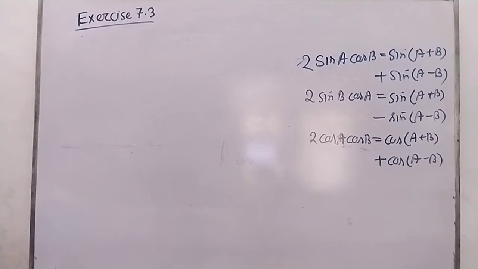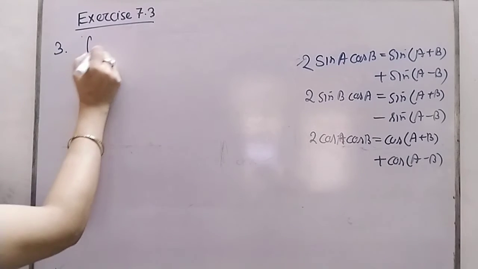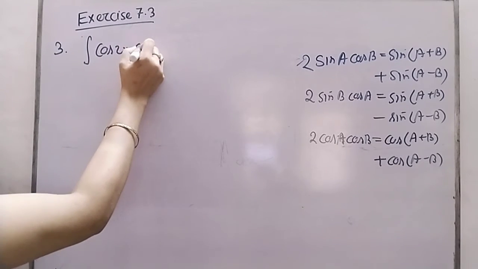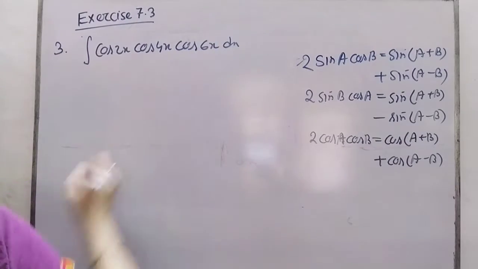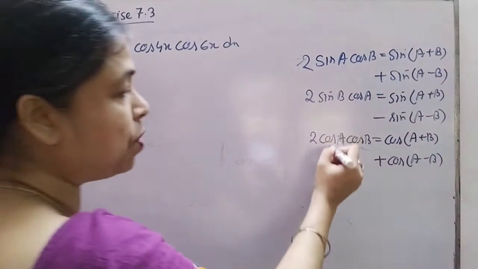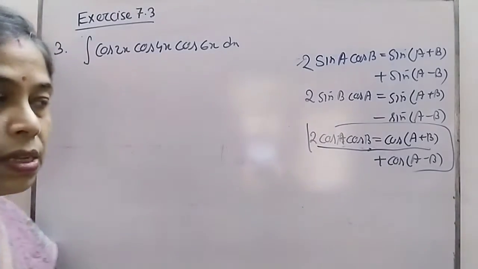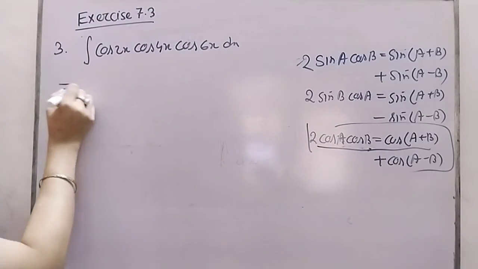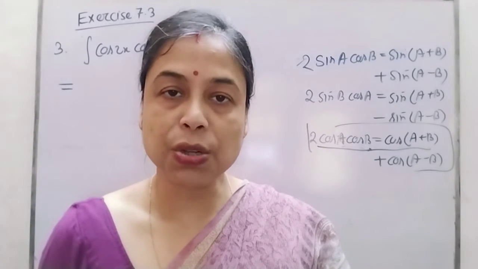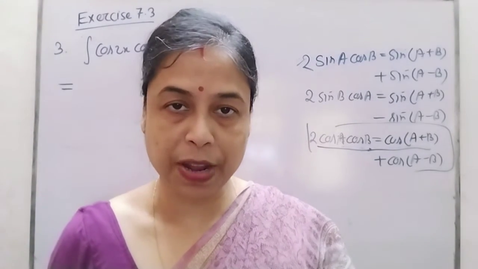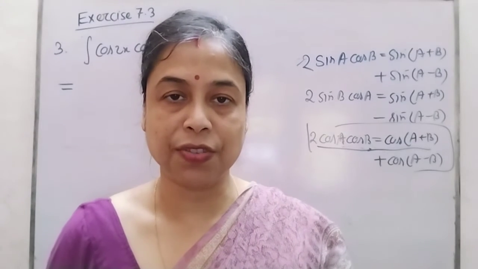So now next I am going to do the product of 3 functions. Number 3, integration of cos twice x, cos 4x, cos 6x into dx. So when both of them are cos, which one do I have to use? This one, this part of the formula will be used. That means convert it, but I can do it for product of 2, not for product of 3. First you do the product of 2 functions, apply the formula for product of 2, do the calculation, then you use it for the product of 3 functions.